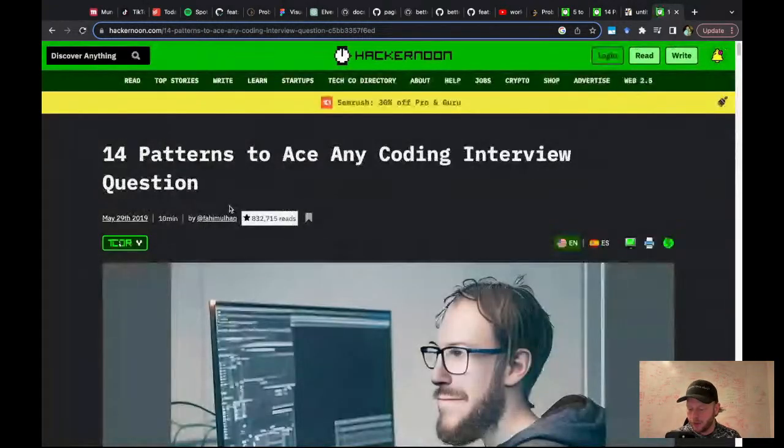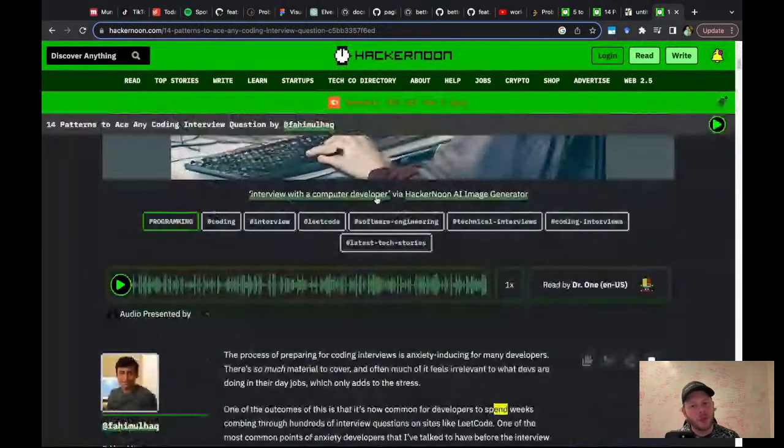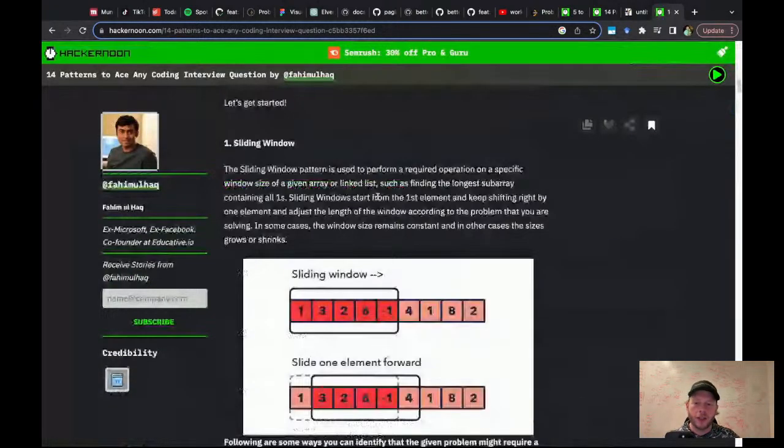Oh, best of luck. Thank you so much. Do you know if iOS also requires Leetcode? Some of them do, but to a lesser extent, is the word on the street. I will say I'm not a mobile developer, so I only know secondhand from talking to people who are mobile developers.